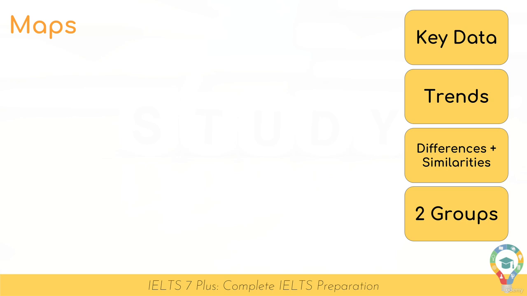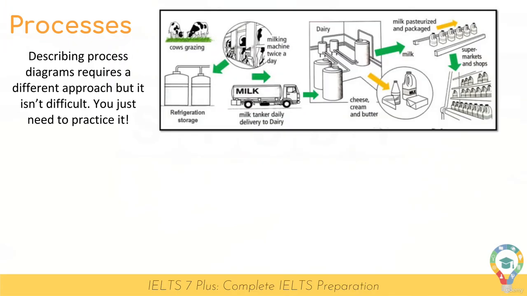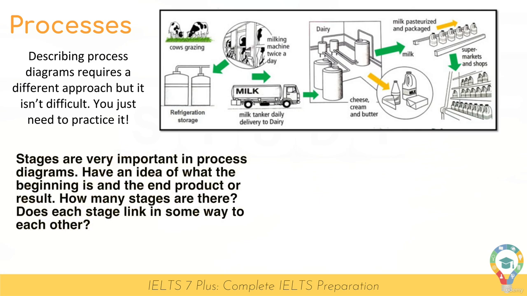So we've looked at charts and graphs and maps, but what about processes? How can you analyze the data shown there? Let's take a look now. The way that we analyze data in a process diagram is very different to that of maps, graphs and charts. That's because the main focus here is to describe stages. The stages of the process diagram are our main interest, and this is what you will analyze and identify as